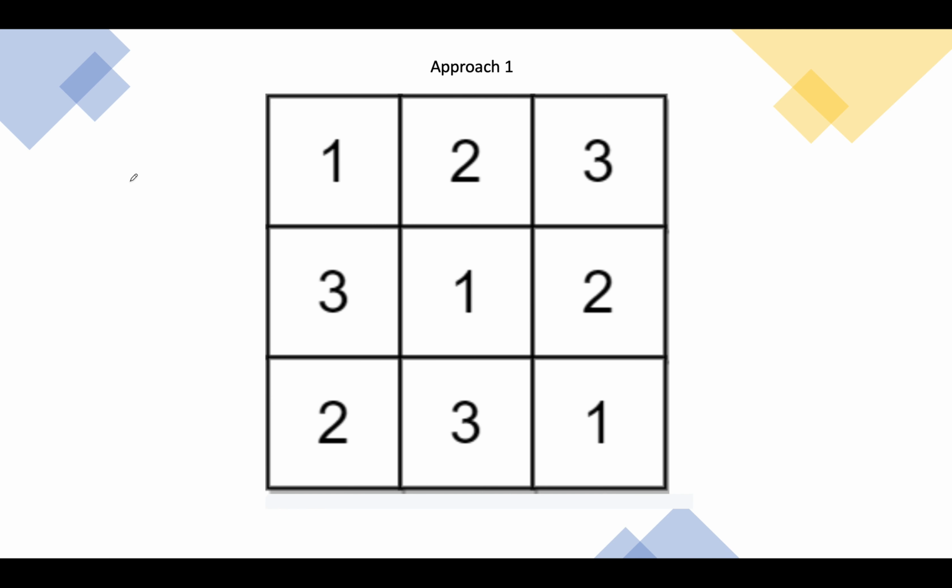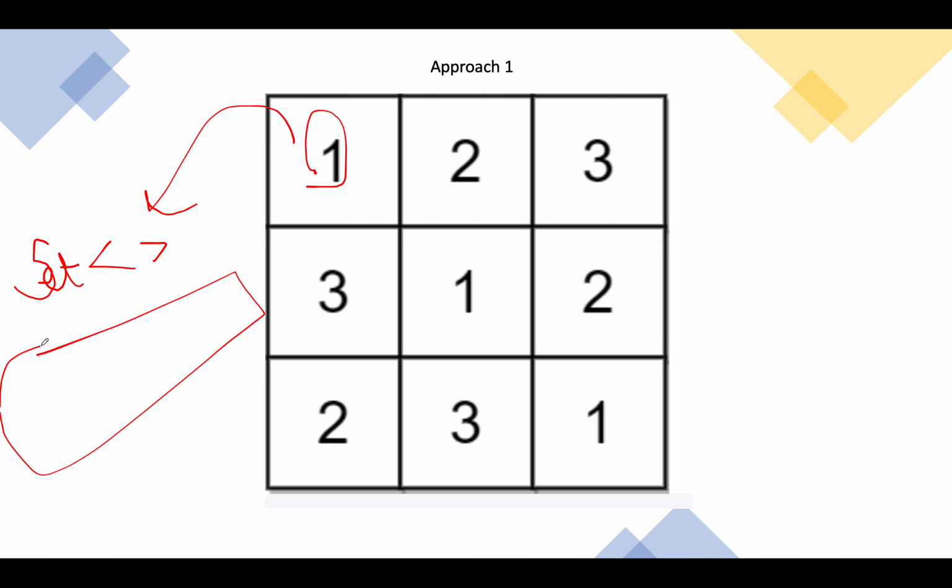What we are going to do, we'll do the iteration column wise and row wise, and with each iteration we'll create a set. Once we see an element, we'll check whether that element is part of that set or not. If it is part of the set, we'll abort the process because that simply signifies duplication. If it is not part of the set, we'll go and add that element onto the set.